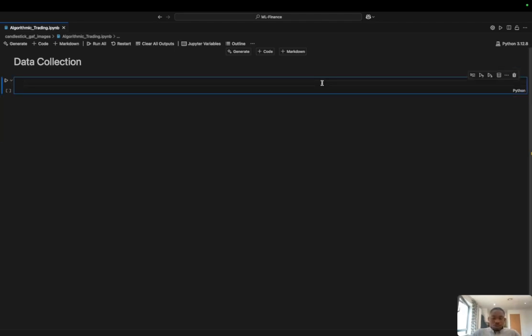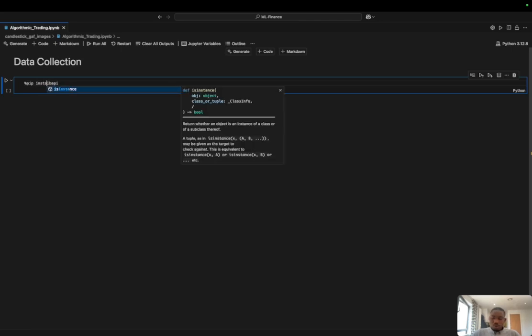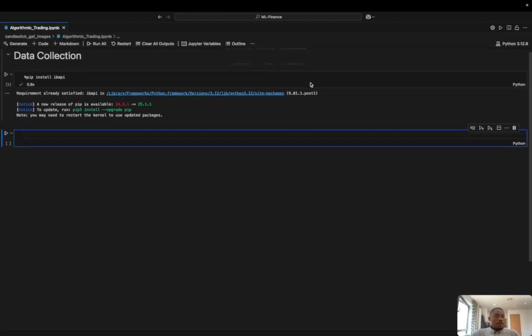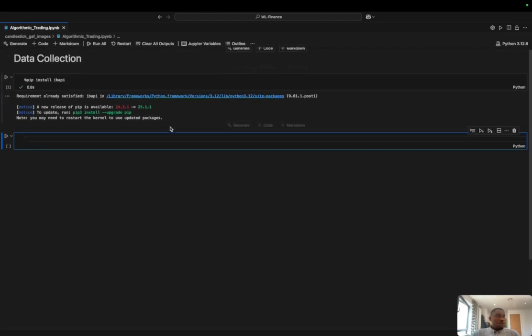So we will need to do a pip install to install the main package. We will be using the API. It's called ibapi. pip install. Yeah, I already have it, so that's why I'm seeing requirement already satisfied. Then the next thing is to write some import statements. So we'll do that from